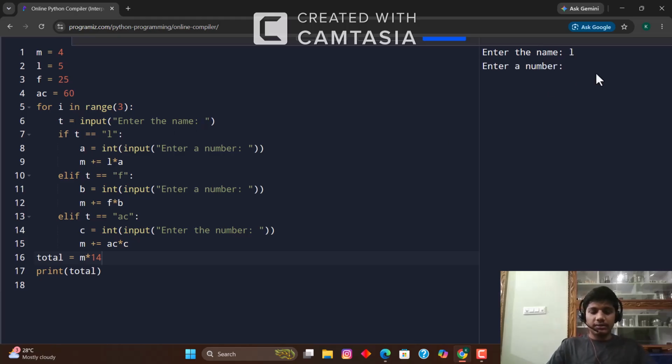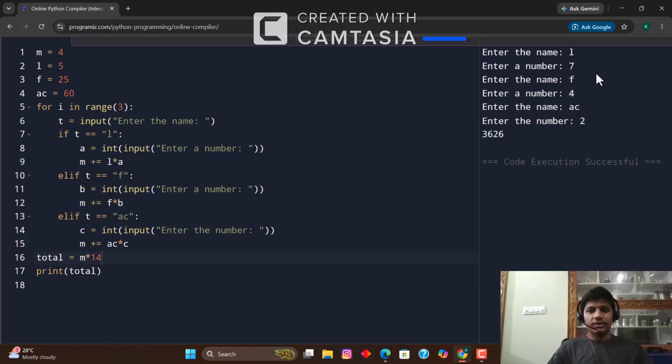So I am having 7 lights. So 7. I'm having fans. How many fans? 4 fans. And how many ACs now? I have 2 ACs. So the total current bill you will get was 3626, because if you want to print